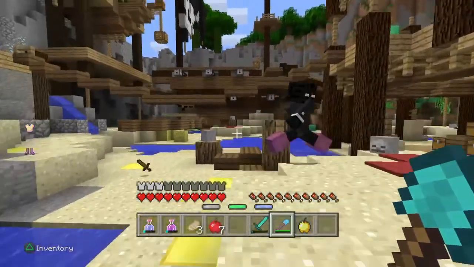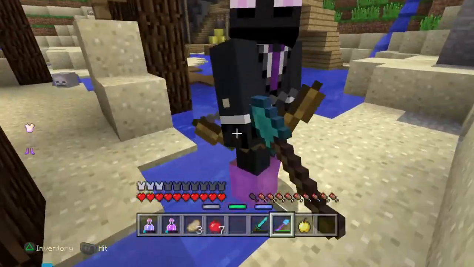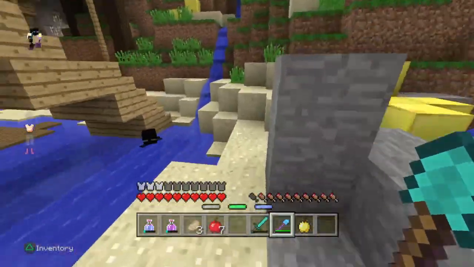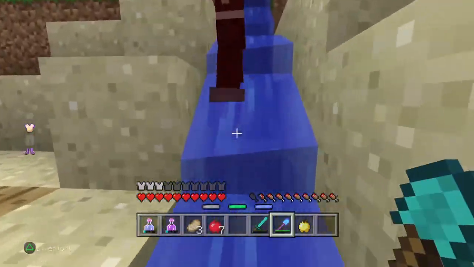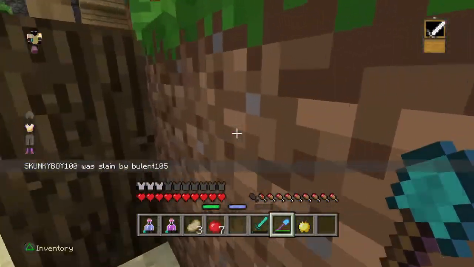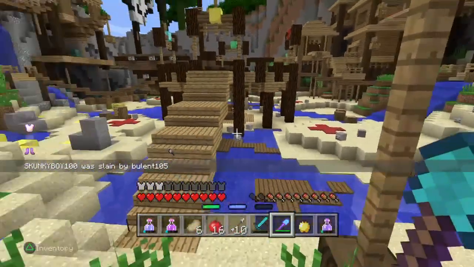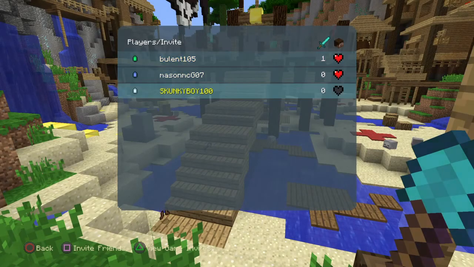This guy's just standing here, I think. No? See if I can take him. He is also an Enderman, but sorry not sorry, pal. He might be an Enderman, but you still got to go. He doesn't really seem to be putting up any sort of attack back, and killed him right there, so that's all good. That was just me and Mason